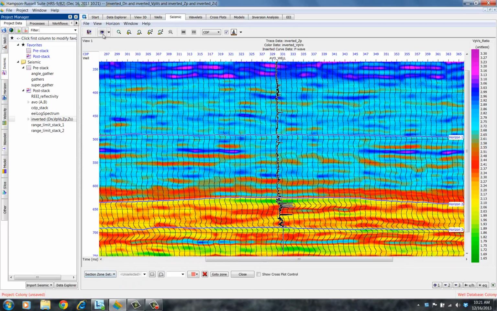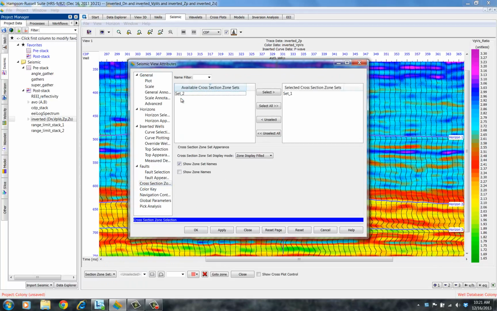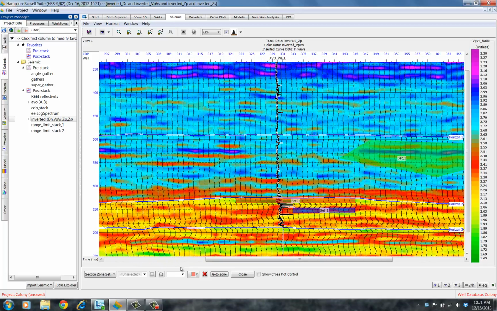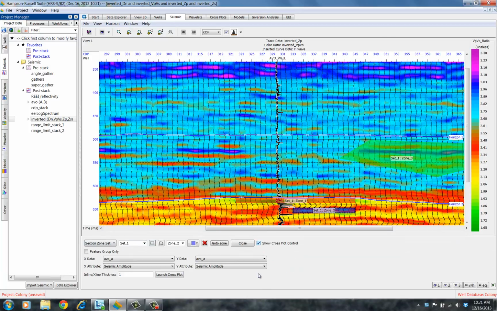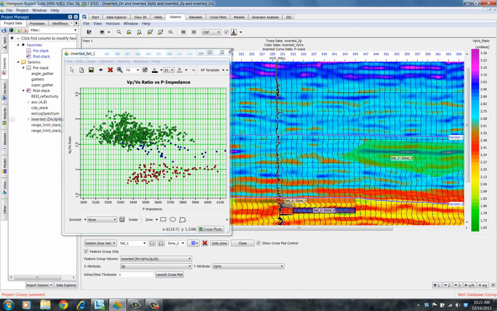And this time I'm going to go back to the view option. I'll have a look at the cross-section zones. And now I'm going to go and look at set 1. Okay, so you can see set 1. As soon as I pick one of the zones, you can see that it makes this live in the menu. I can say show crossplot control again. And now I'm going to say feature group inverted, and I'm going to cross plot as the X attribute P impedance and as the Y attribute VPVS. Now I launch the cross plot,